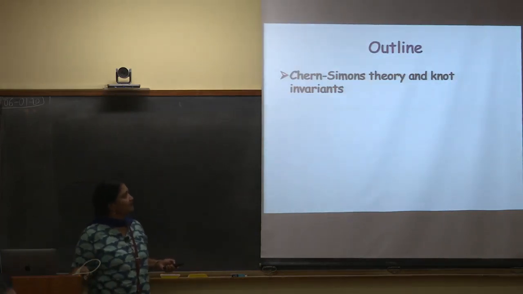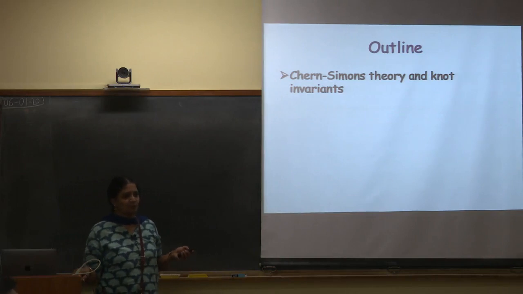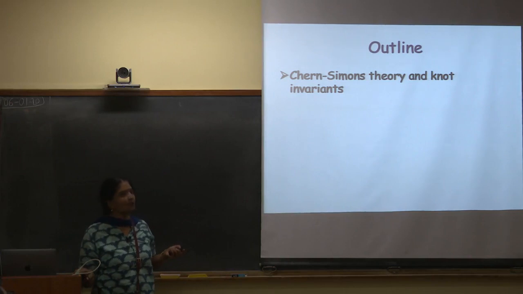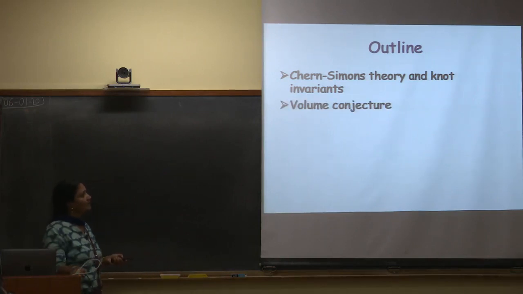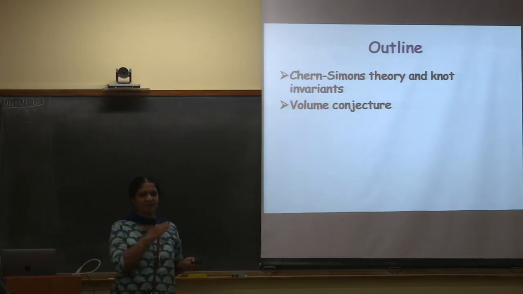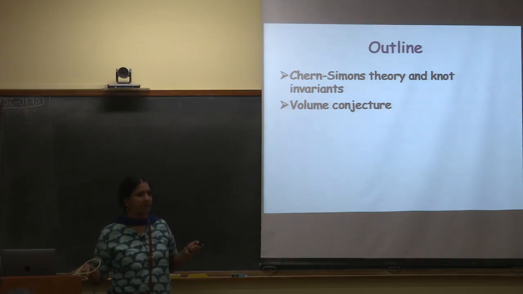Okay, so I will give a brief overview of what the Chern-Simons role is in getting the knot invariants, and then the rest is a completely different task. In fact, there are a lot of interesting open problems which I have not been able to tackle here. If anybody is interested, I can talk about them.